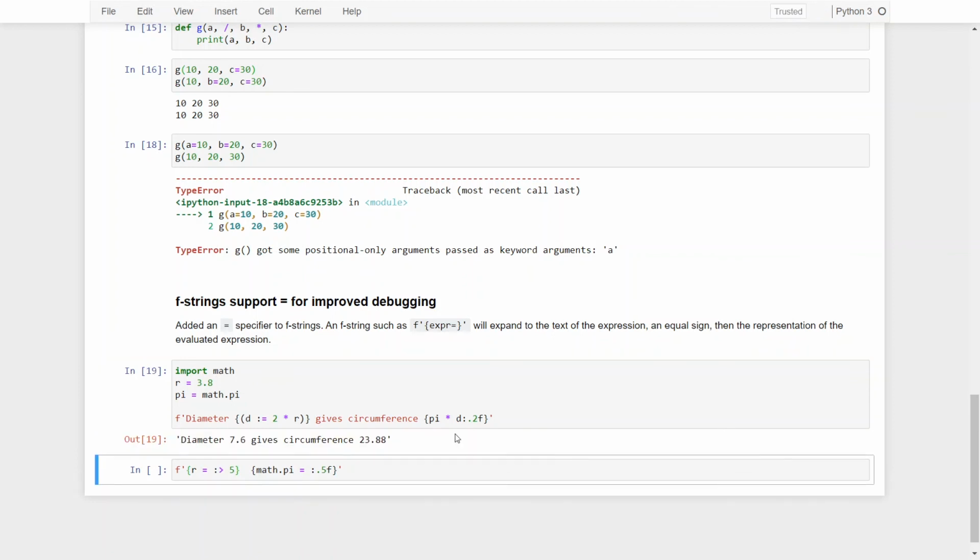So if you run this example, we can see that we have returned the diameter and then the evaluated